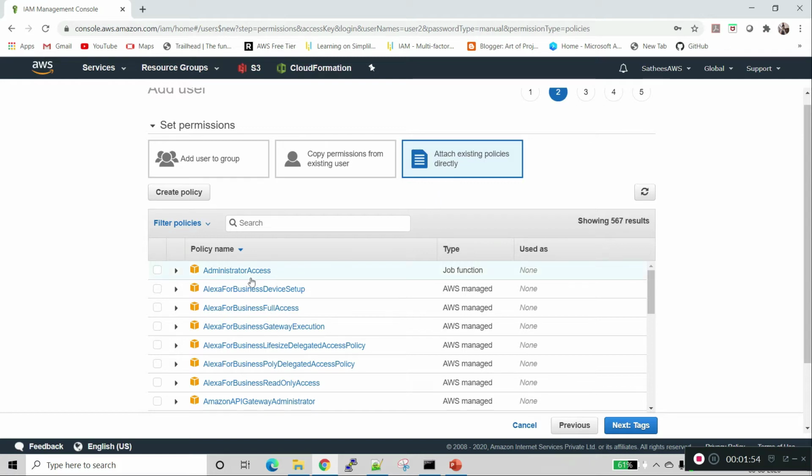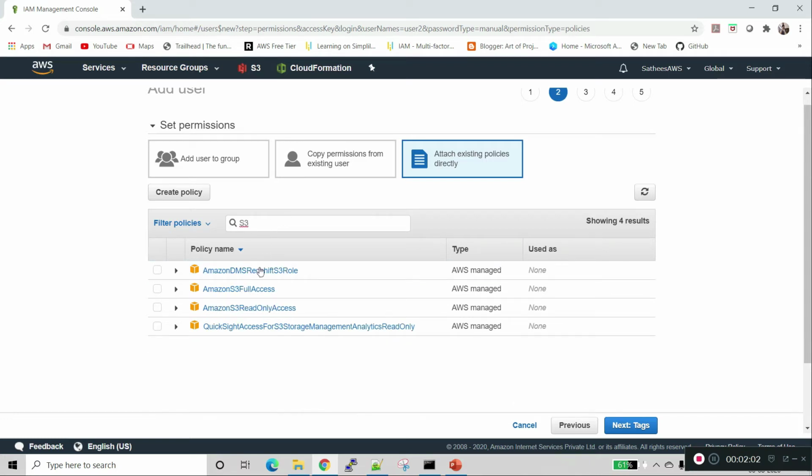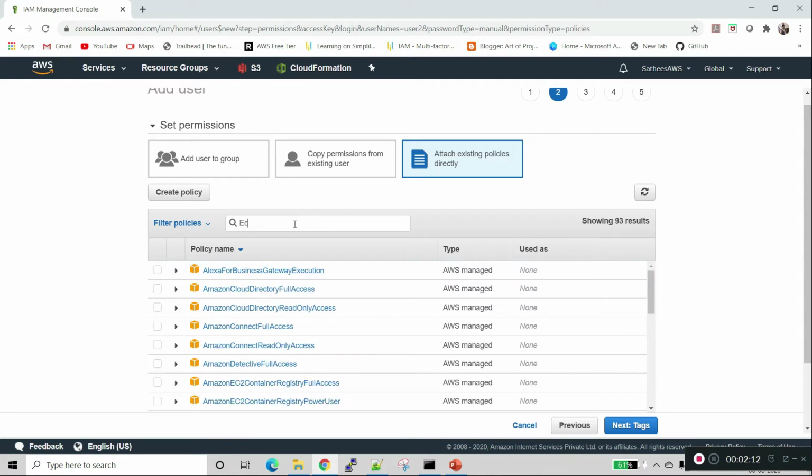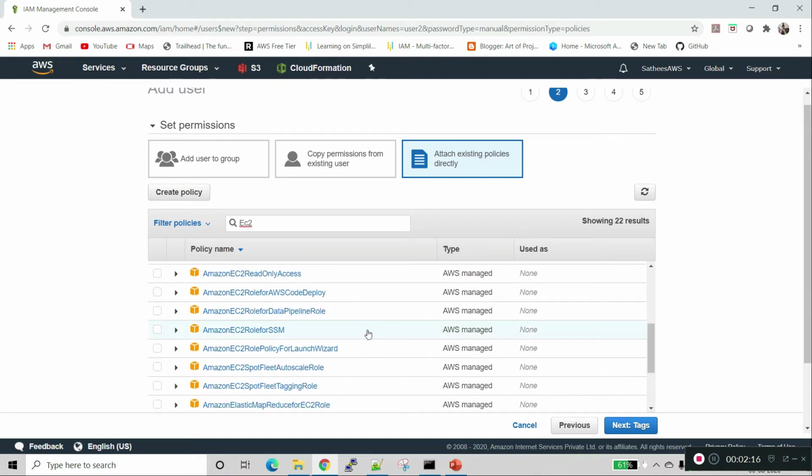I am selecting administrator access and S3 full access, and we can also give other service access, for example EC2.